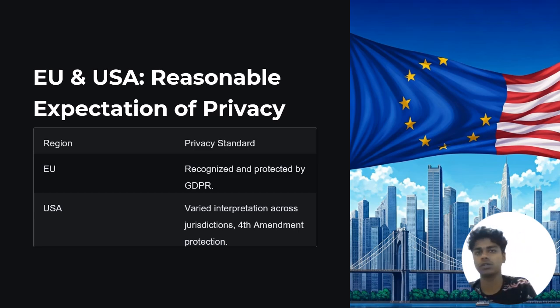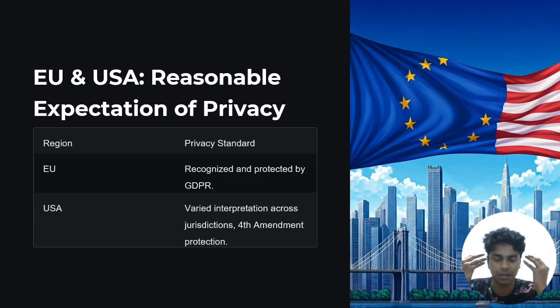Now we are going to look into the case of the US. In the US, the concept of reasonable expectation of privacy is foundational to privacy rights and has been established primarily through interpretations of the Fourth Amendment of the US Constitution, which protects individuals from unreasonable searches and seizures by the government. The US Supreme Court has interpreted the Fourth Amendment to protect individuals' reasonable expectations of privacy,